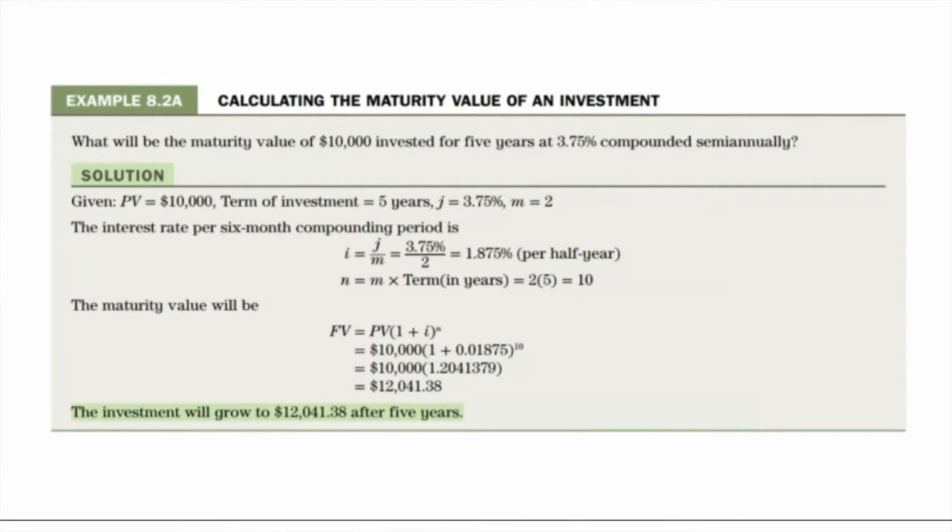Semi-annually means 2 times a year. So we take 3.75 divided by 2, and that gives us the I, which is the periodic interest rate, of 1.875%. We also know that it's 5 years, with 2 compounds per year, so 5 years times 2 is a total of 10. So n would be 10. We just throw the numbers in the formula, and the total value of the investment at the end of the 5-year period would be